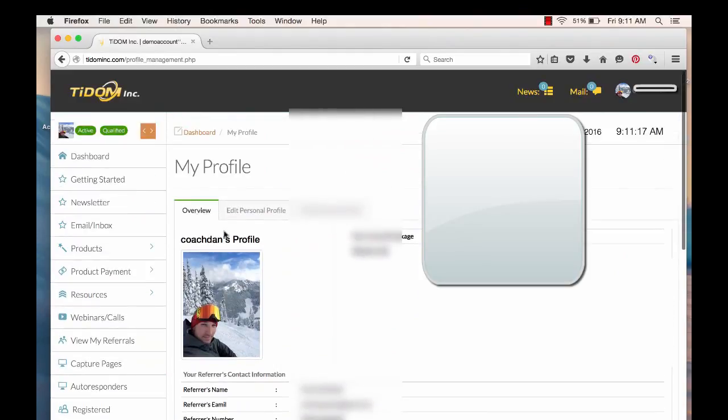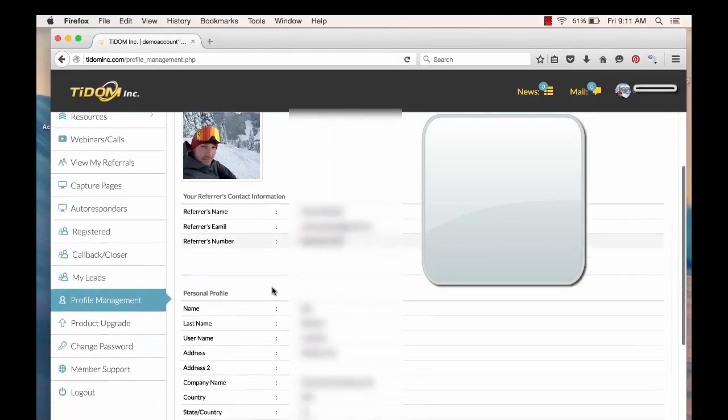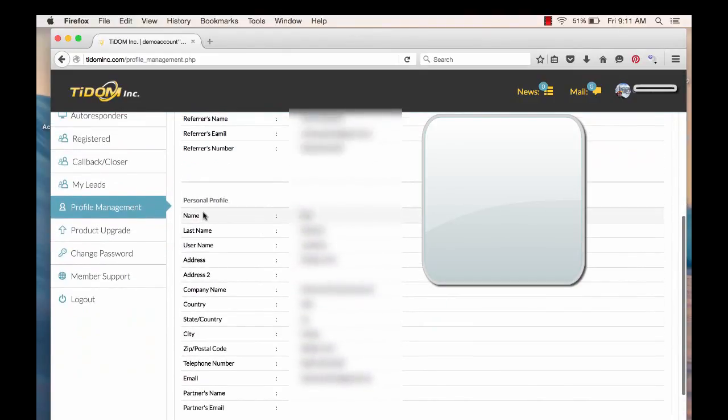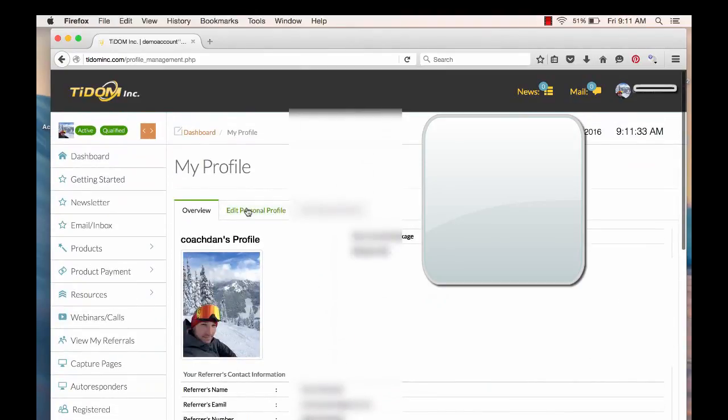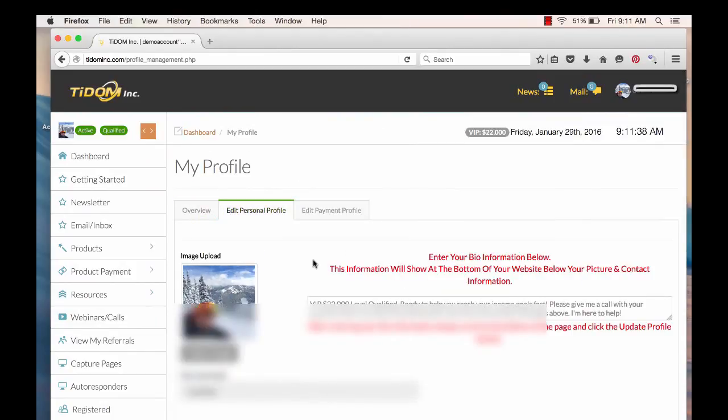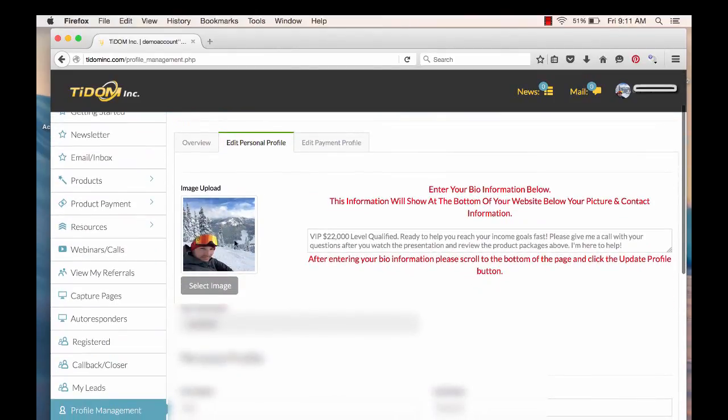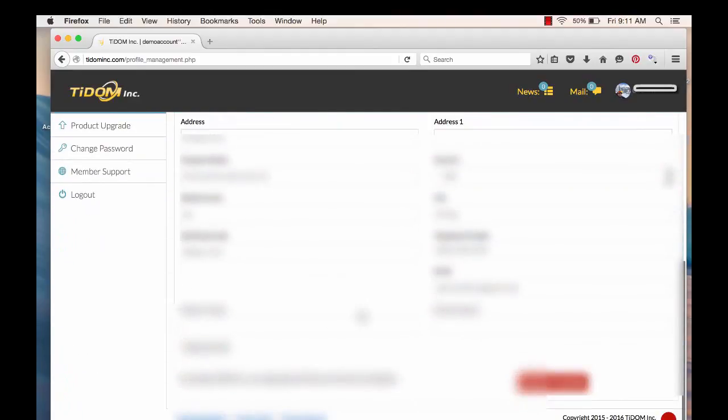and you can put a picture of yourself in here, and here you can put all your personal information, your name, address, all this kind of stuff if you want to do that. And then you can click on this tab next to the overview tab here to edit. This is where you'll put your picture. So you just click on select image. It's going to allow you to pull any picture that you have on your computer and go ahead and put it on here. And then once you've done that, you can also